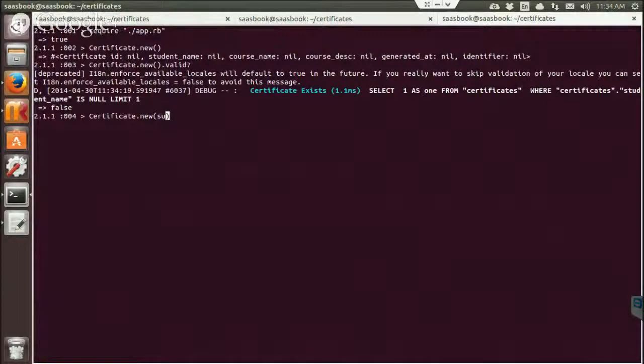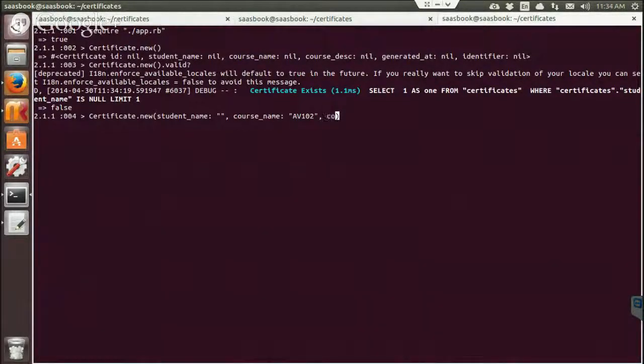Now you can use create and hash your symbol certificate. I'm just trying out if the validations on my model are working or not. But we can use a sign. No, we can't do a sign here, can we?